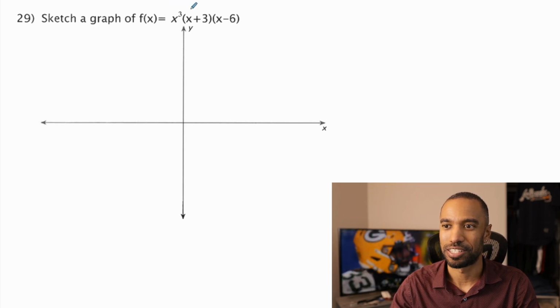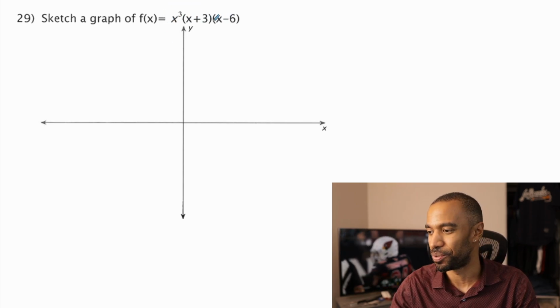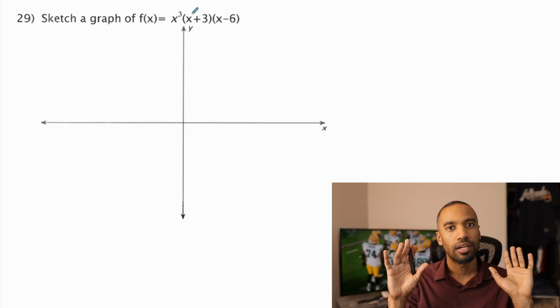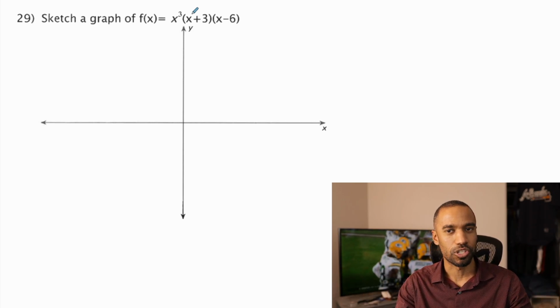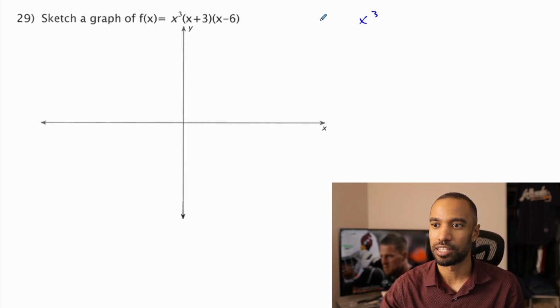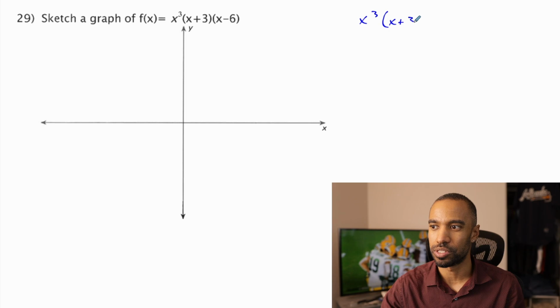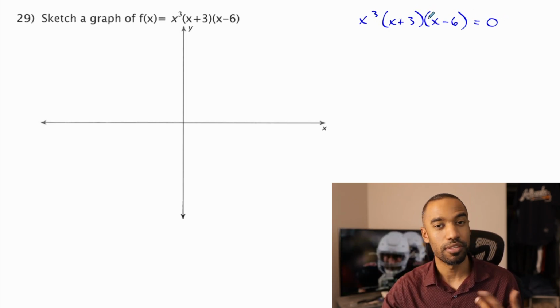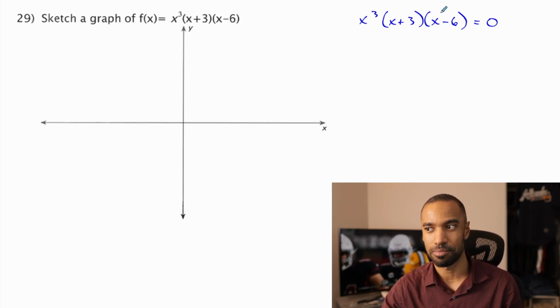Sketch a graph of f of x equals x cubed times x plus 3 times x minus 6. So, few things. Although we aren't doing zero product property so much right here anymore when it comes to solving, consider the fact that if I set y equal to 0, then we can find our x-intercepts. So if I set it equal to 0, the zero product property states if this times this times this equals